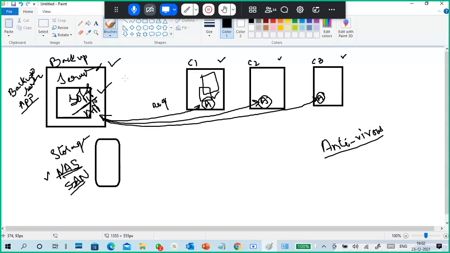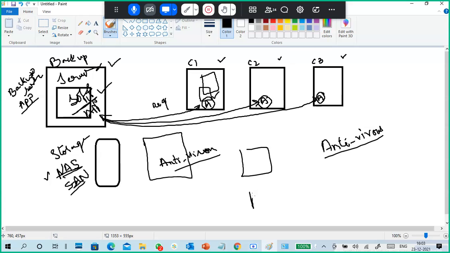But in industries, in enterprises, they don't use antivirus on each and every PC. Again, there is a central PC, and there is an antivirus server. It is a server, and these are all computers in the network, and the antivirus application is there.